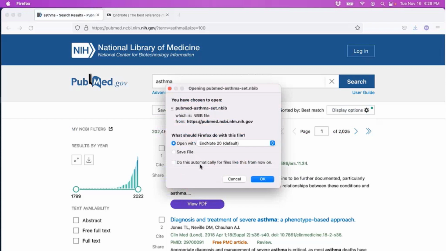We see that we have a similar prompt in Mozilla Firefox. PubMed.gov uses a different file format, but regardless of the extension, these are all just temporary text files. We want to make sure that this file is opened by EndNote to complete the export, so that's already set. If you were performing this action, again, I would recommend marking this box so that the browser remembers this preference. That way you don't have to configure this every time, but I want to make sure this prompt comes up next time around. I'll go ahead and press OK.